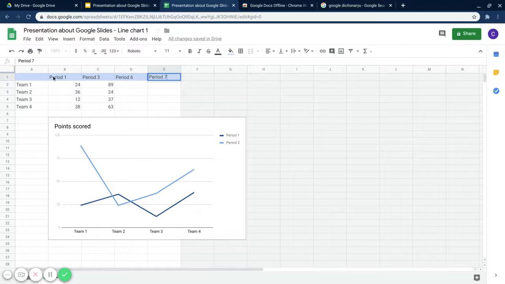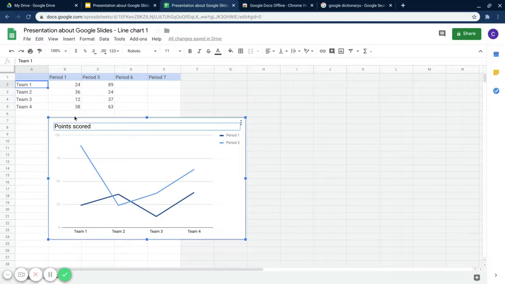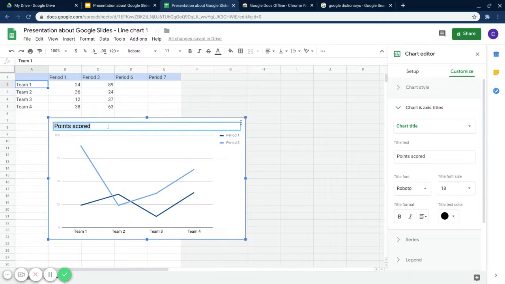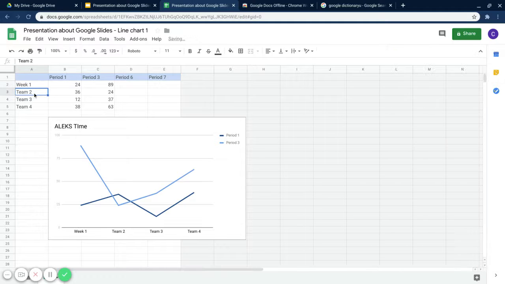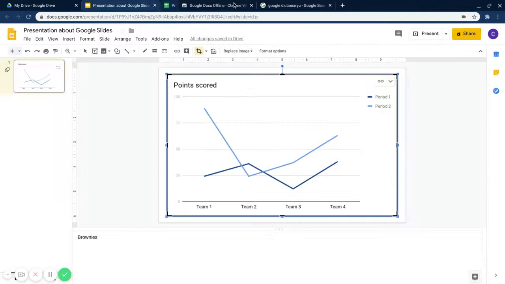Yeah, this is the chart editor in Google Sheets, which we'll be going into. I don't know if I'm doing that correctly. Anyway,